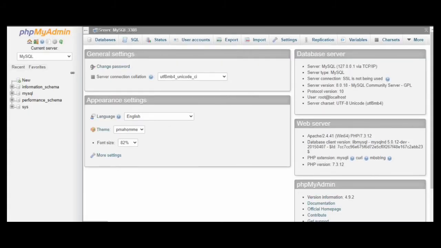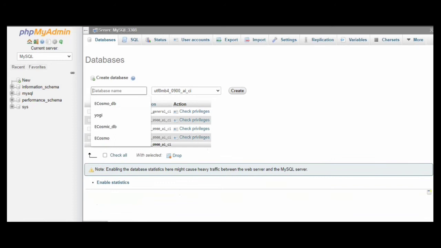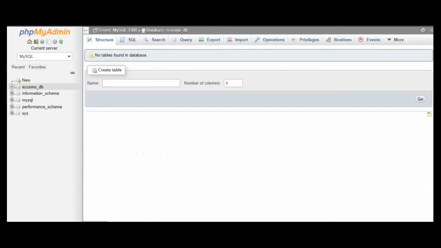Now here you have to provide a new database for the creation of your WordPress site. So go on new and click on it. Provide the name of the database. For example, I am providing ecosmo_db. Now remember that you have to use _db after the name of the database. You could use any name.